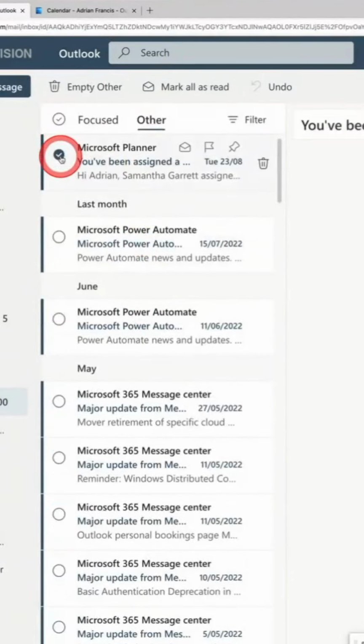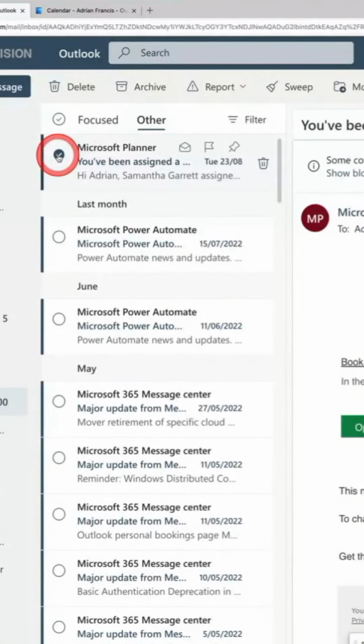So if I click on the email, then the menu bar at the top changes. So it's one of those things inside Microsoft on the web in particular that you've got to click on the email to action the other menu bar. Now up there you see a thing called sweep. Now if I click on sweep,